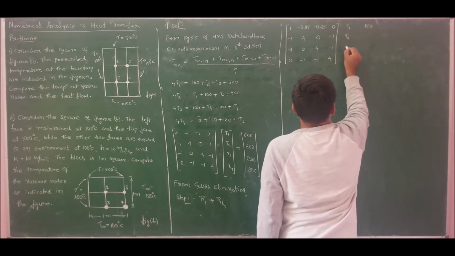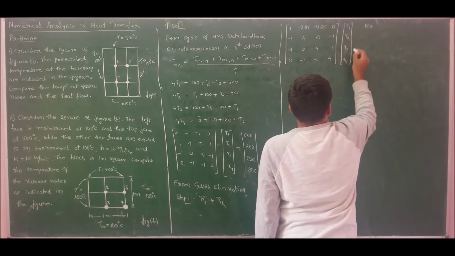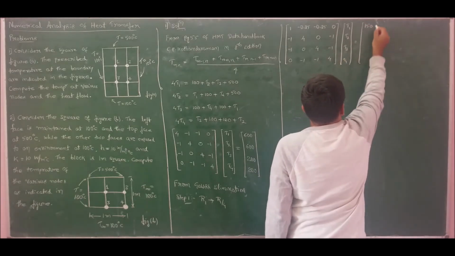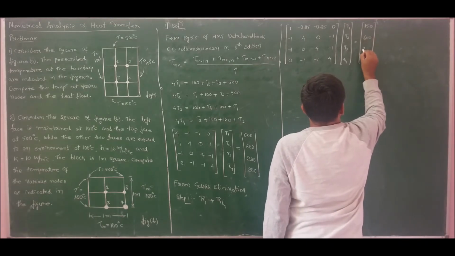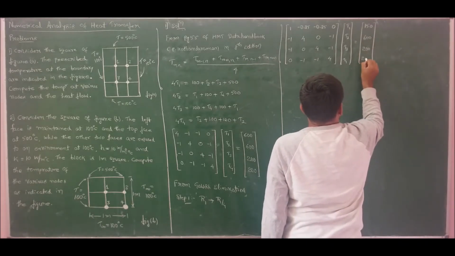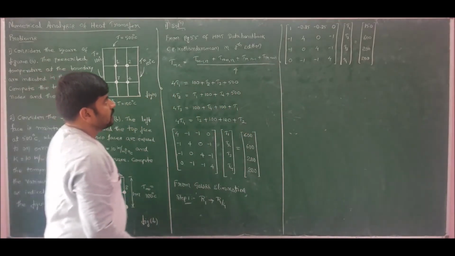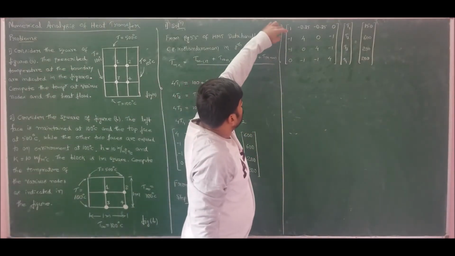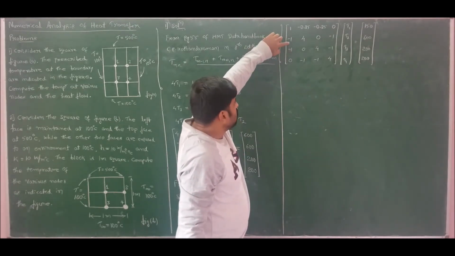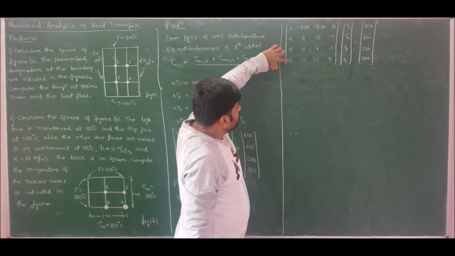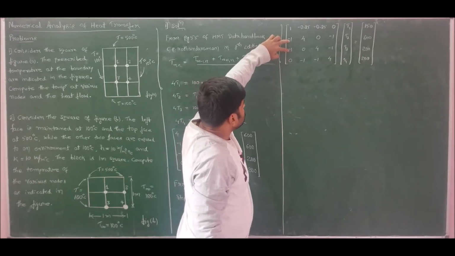We have T1, T2, T3, T4, which is equal to 150, 600, 200 and 200. So this is what we have. Now by using row 1, I should make all the elements in the first column as 0. So for row 4 we already have 0, no need to worry. So these two rows should be made as 0 in the first column.